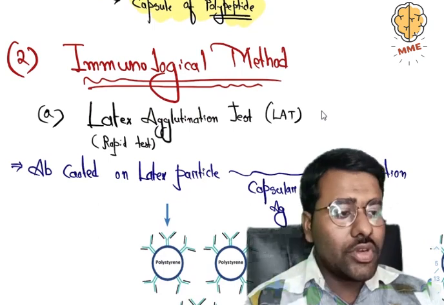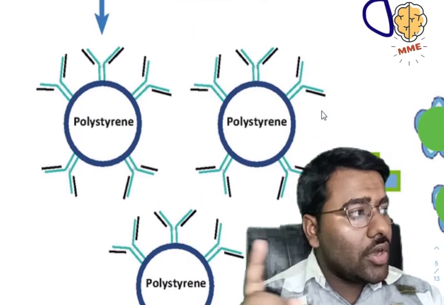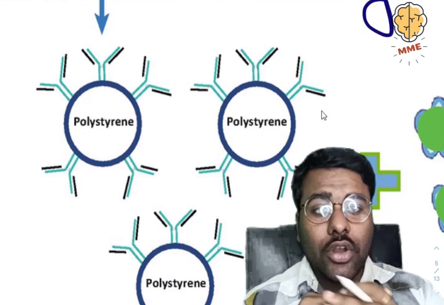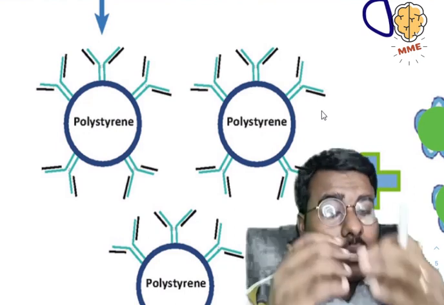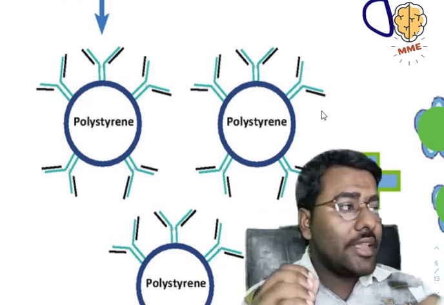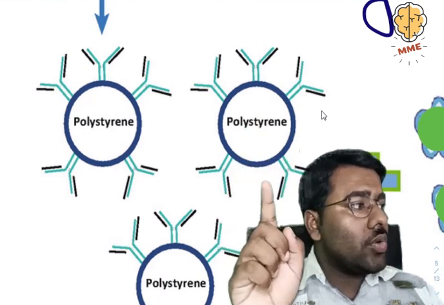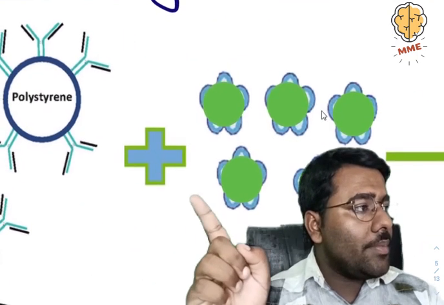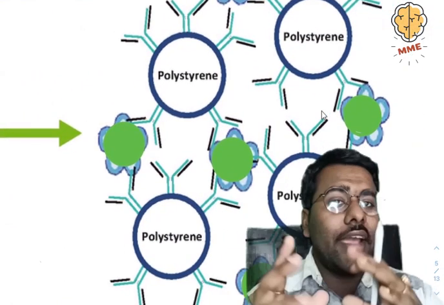The first immunological method is the latex agglutination test. Why latex agglutination test? Because there are antibodies, and they bind to the antigen of the capsule and form the agglutination. But why latex? Because latex is coated by the antibodies. This round thing is the latex, and the latex is coated by the antibodies. This is antibody, and that is the bacteria, and this is the surface antigen, and they now form the agglutination.